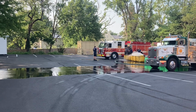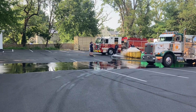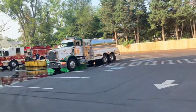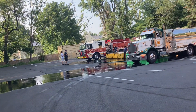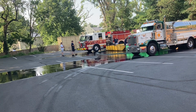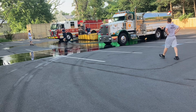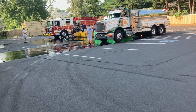Now Engine 31's crew will crank the pumps a little higher. And of course, they gotta wear this big advanced equipment, these boots. When the scanner goes off, this will protect them. As Engine 31's tanks get loaded up, now they gotta do it. Are you ready? If the scanner goes off,